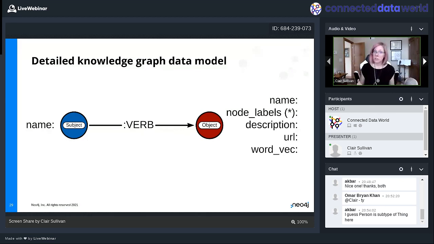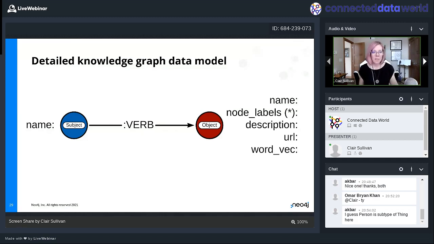Then what I'm going to do just for fun is I'm going to use spaCy to create a word vector, a word embedding based on that description. Okay, it's not going to be 100% useful to us today, but I'm putting this out there just for your future knowledge graph use, that I'll show you how it might benefit you in your graph embeddings down the road.